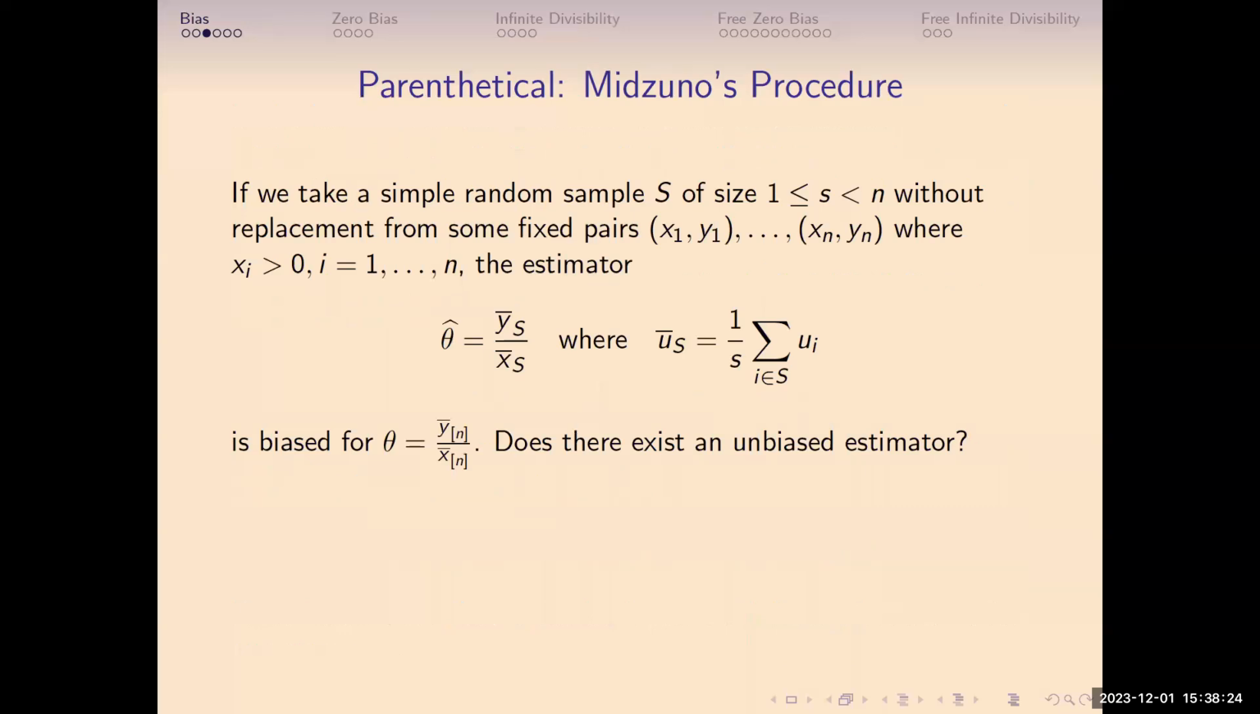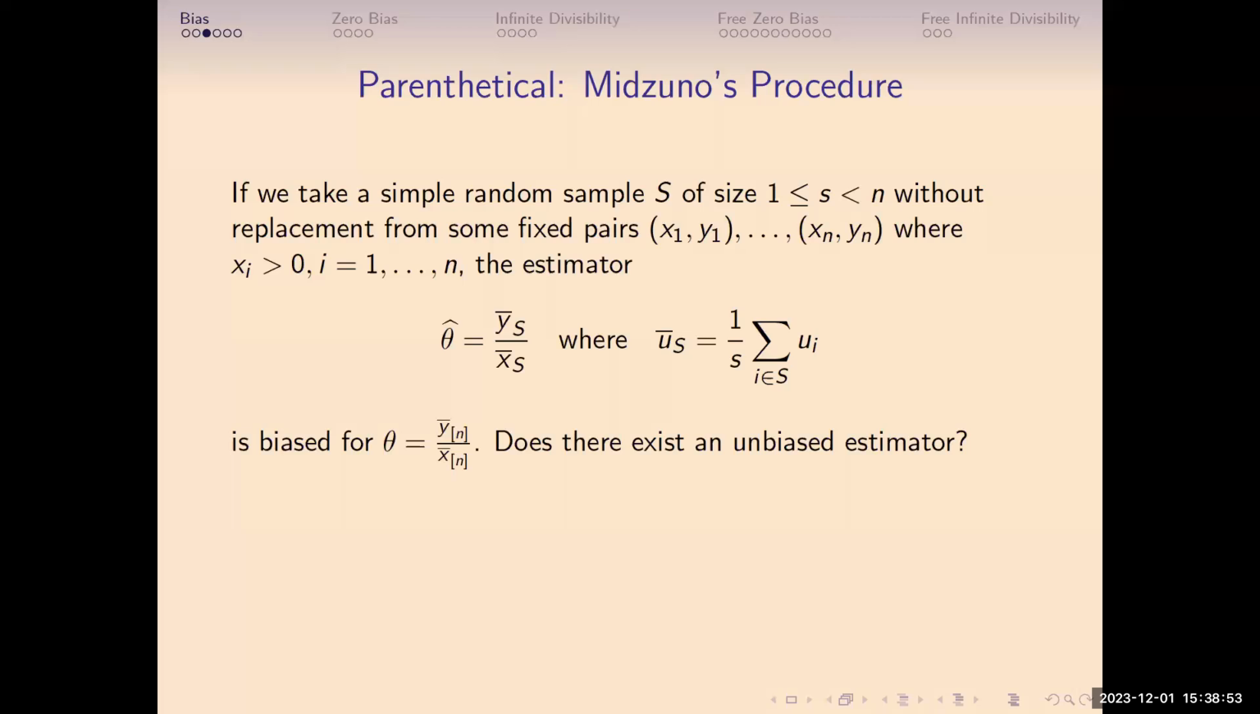Just as a parenthetical, it can also be used to your advantage. If you take a simple random sample of, say, fixed pairs, deterministic pairs, and you want to know the average y divided by the average x, maybe there was overbilling, the phone company overbilled, you want to know what proportion. They want to see how much they billed you and how much they should have billed you, and so you want an unbiased estimate of this ratio. It seems like, well, if we're going to take a simple random sample of pairs and then just form the average y and divide by the average x,